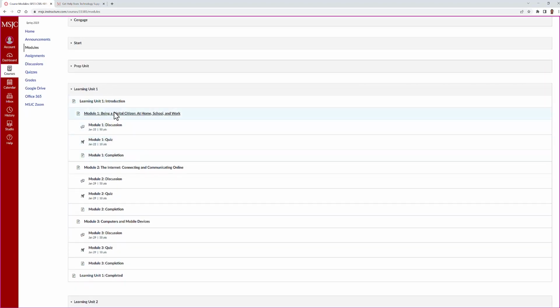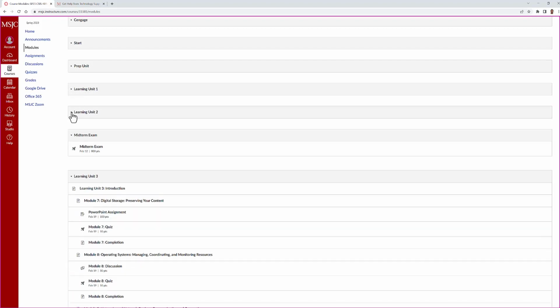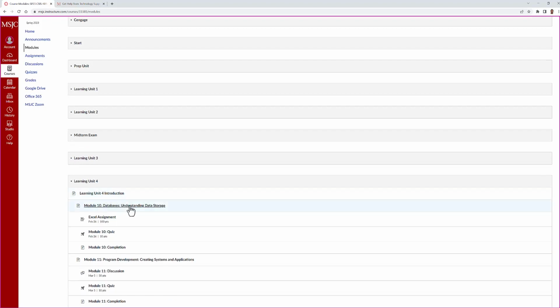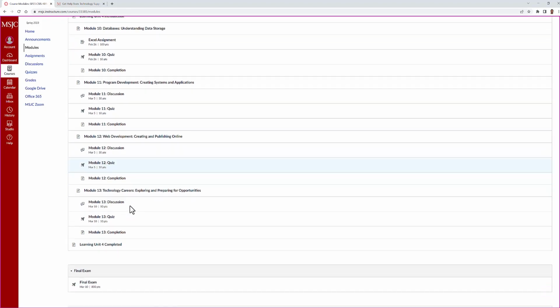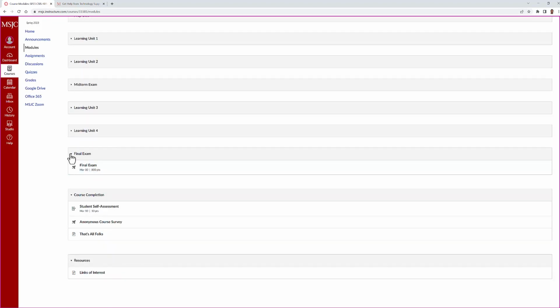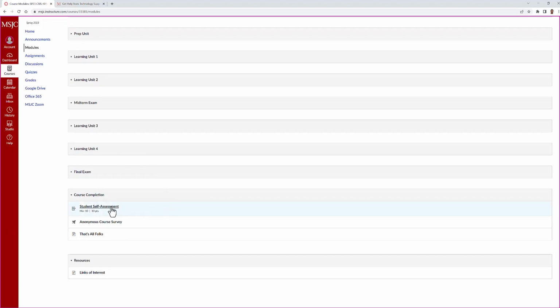And then for the first week, you need to get right on to reading Module 1, completing the Module 1 discussion, and completing the Module 1 quiz many, many times, remember, on those quizzes, so that you will start preparing yourself for the midterm exam. And so there's 4 total units. There's 3 modules per unit, except for Unit 4, there's 4 modules. So 4 units, a midterm and a final exam, and then at the end of the class, you'll need to